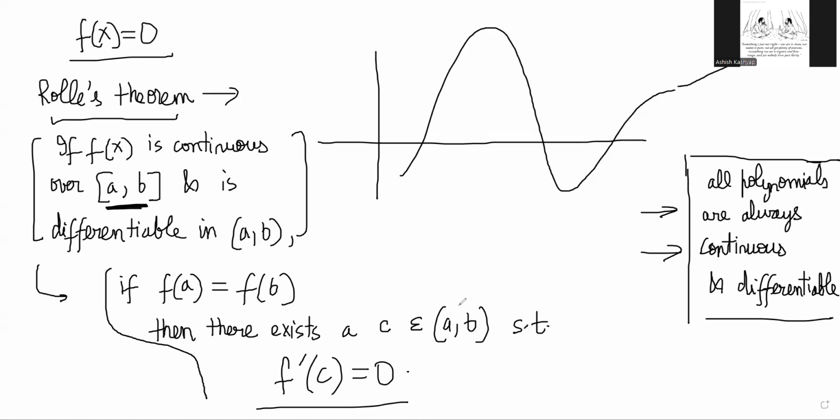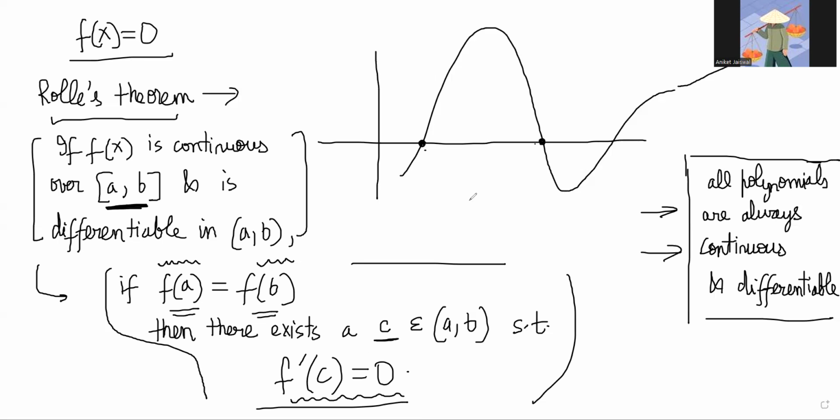This is the statement of the theorem. If f of a is equal to f of b, दोनों इंटरवल के एंड पॉइंट्स पे अगर फंक्शन का वैल्यू सेम है, फॉर एग्जाम्पल यहाँ पे और यहाँ पे फंक्शन का वैल्यू 0 है, तो उस इंटरवल में कहीं पे ऐसा एक c होगा जहां पे डेरिवेटिव 0 होगा।